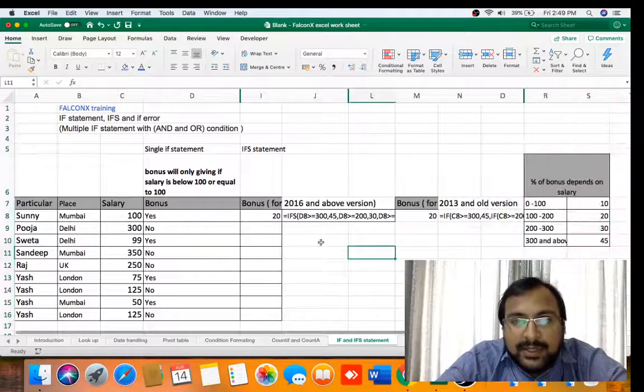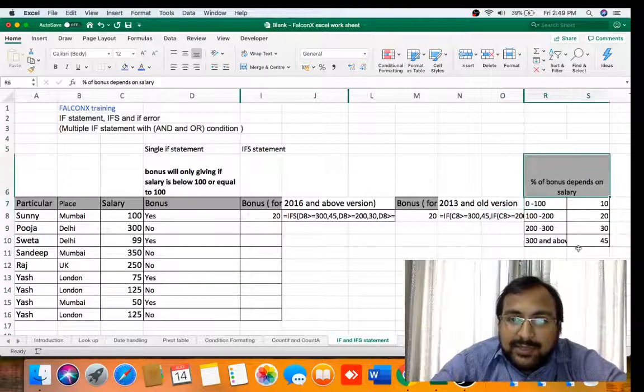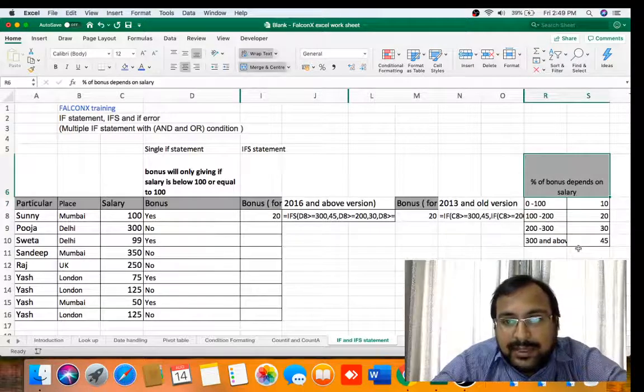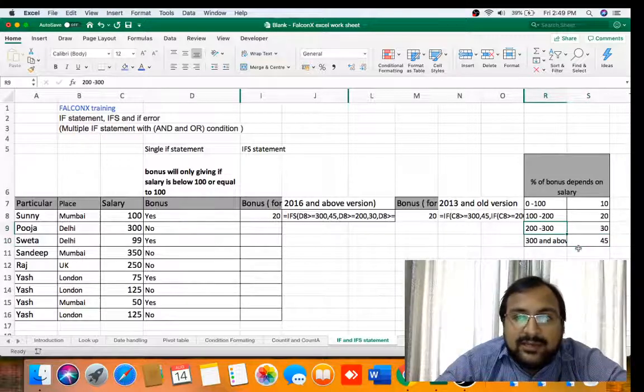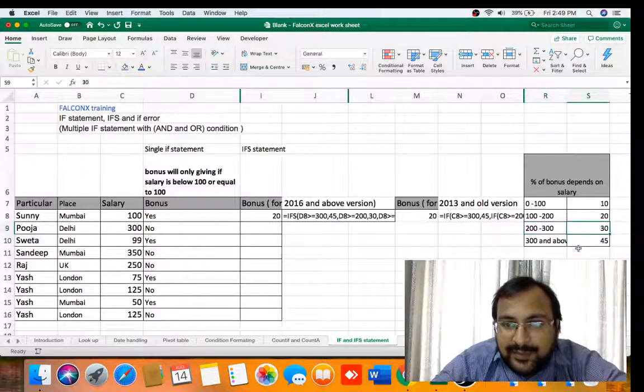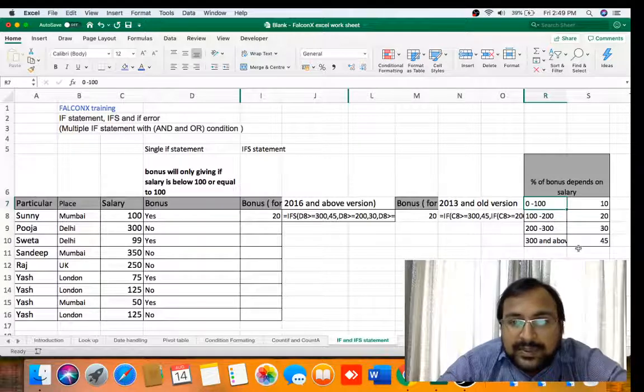Now the condition which we have to find is the percentage of bonus to be given depending on the salary. For example, if the salary is above 300, we will give him 45 rupees. If it's between 200 to 300, we will give him 30. If it's between 100 to 200, we will give him 20. If it's between 0 to 100, we will give him 10.